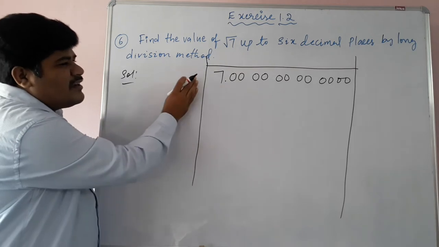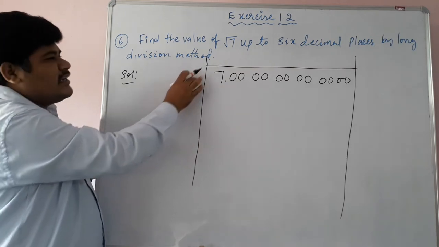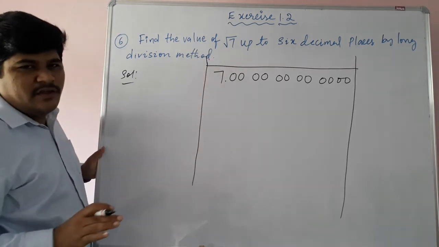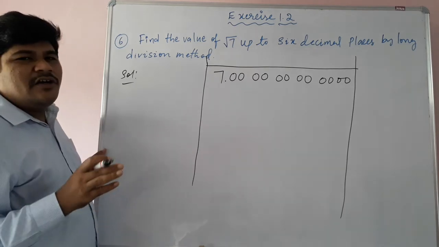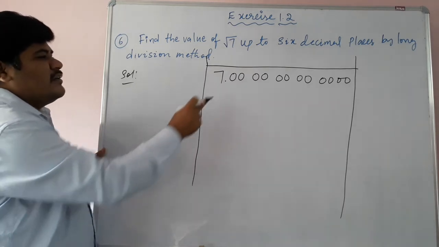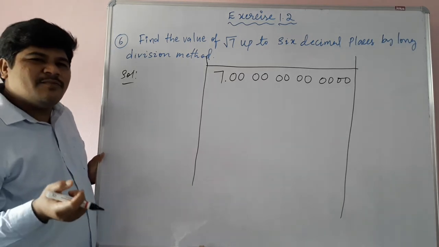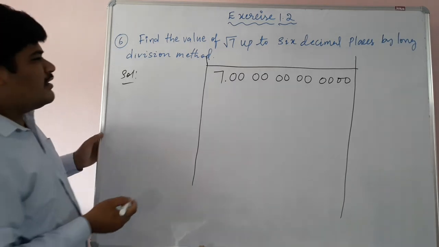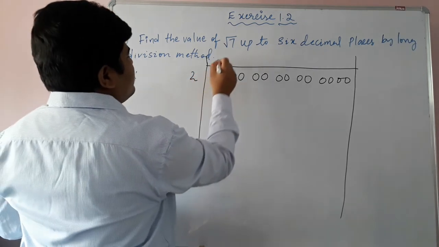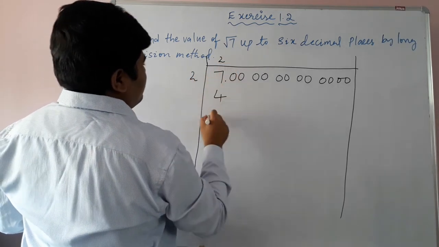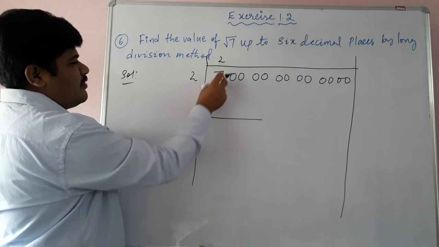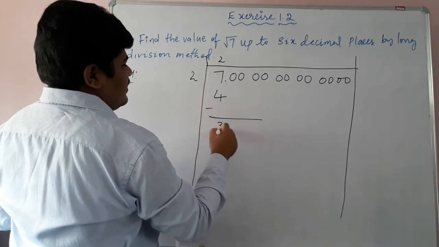Here, whatever the divisor we are taking, the same thing we need to take here also. Okay, means 1 1s are, or 2 2s are, 3 3s are, like that. 7 is here and 2 2s are 4. Nearest small number is what? 4. So here we need to take 2 2s are 4. Now you will subtract 4 from 7. Here we will get 3.